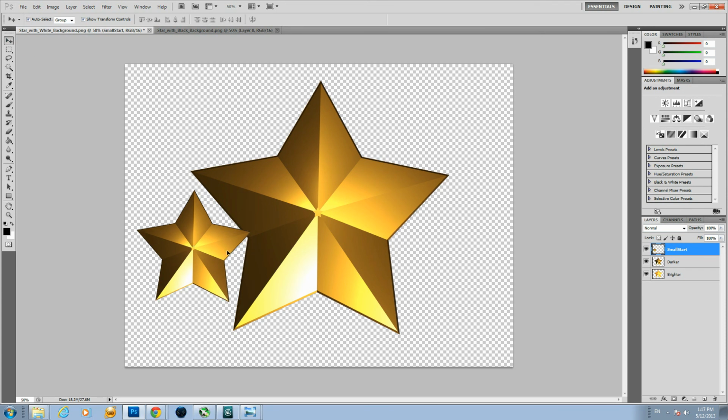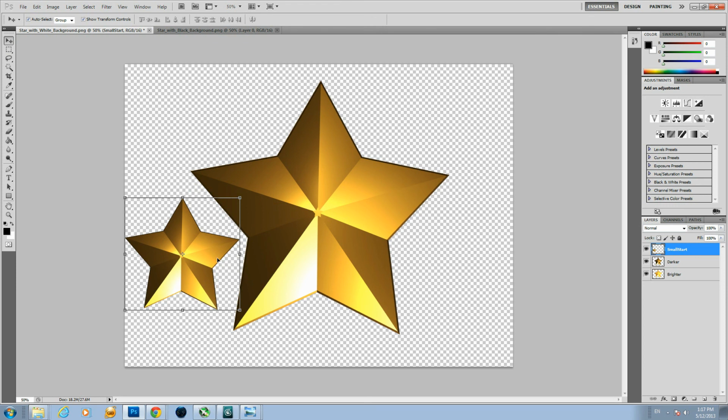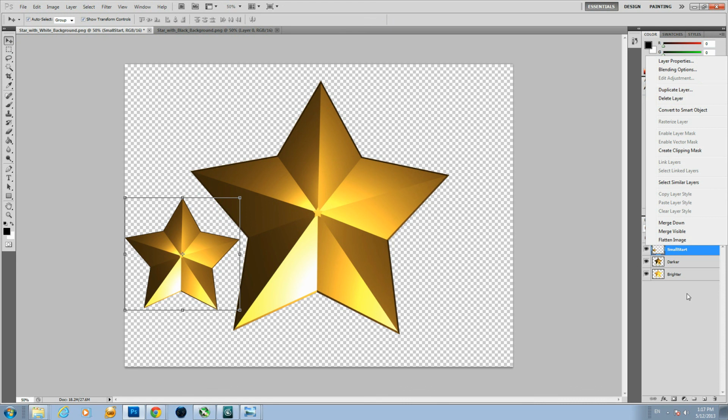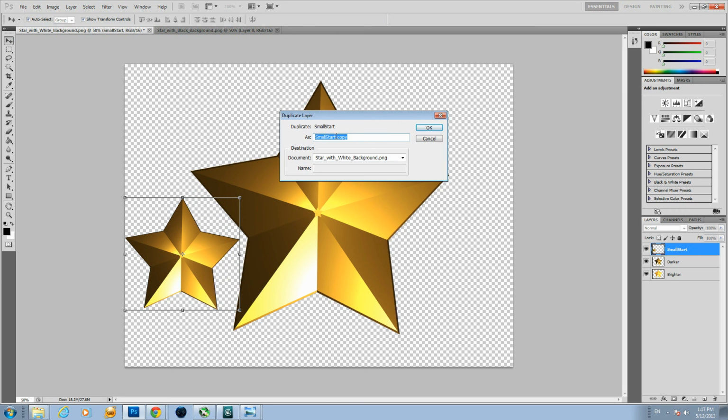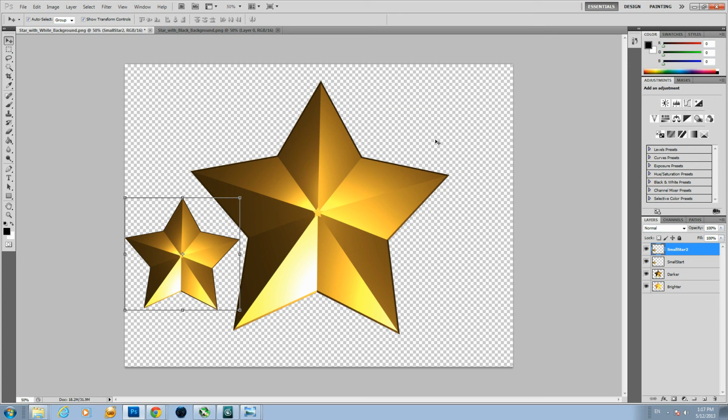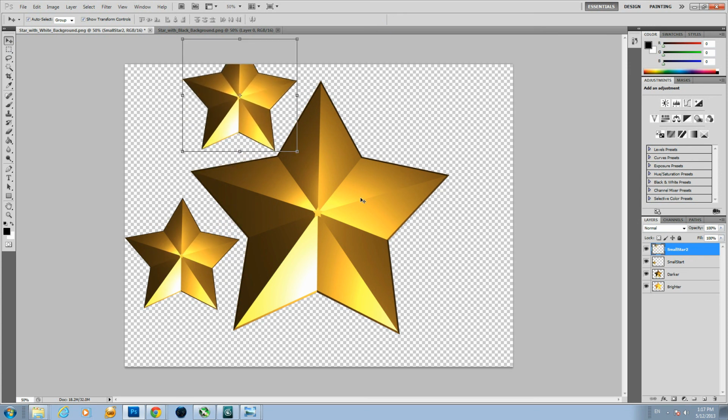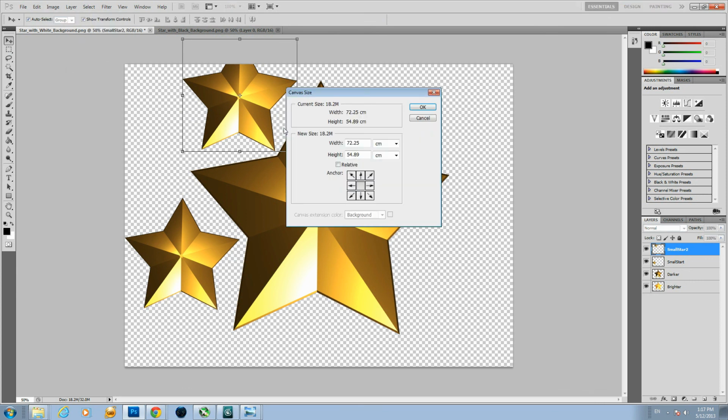and then place it. Make sure the move tool is selected, and place it the way you want it, and place it like so, multiple, and create another duplicate layer. Right click on this layer and click duplicate layer, and name it small star, not start, star 2, and put it here, and so on. If it doesn't fit, this is for the beginners, you can go to image, canvas size, and you can increase your canvas size percent by maybe 30%, width and height by 30 and 130,